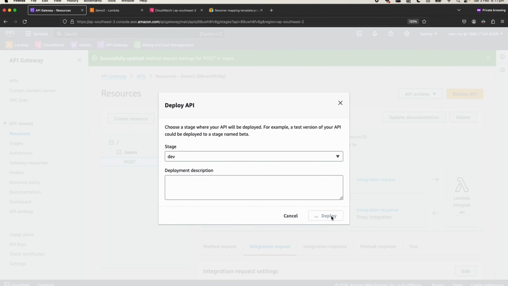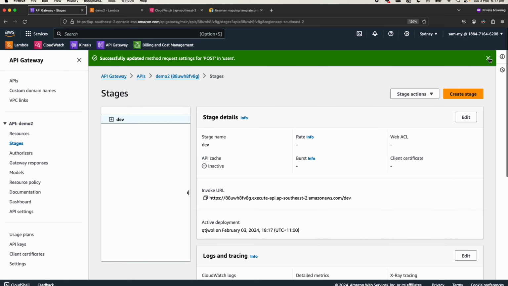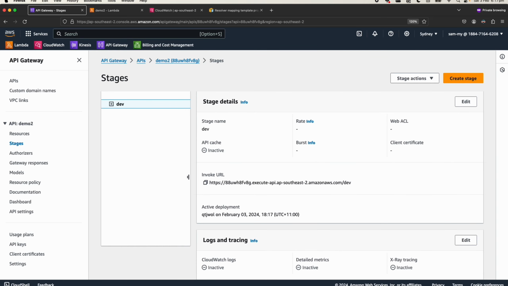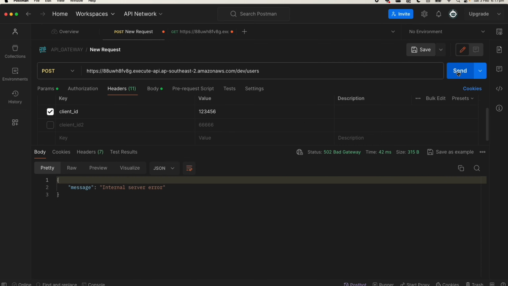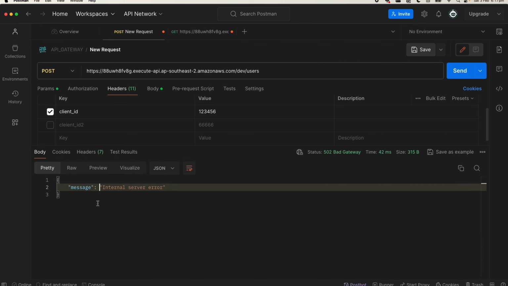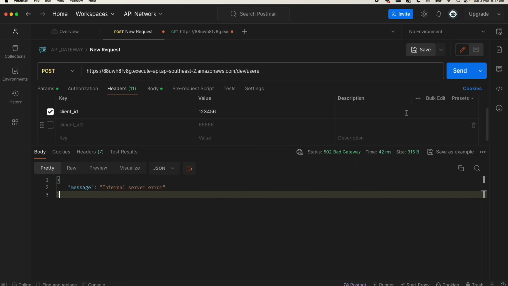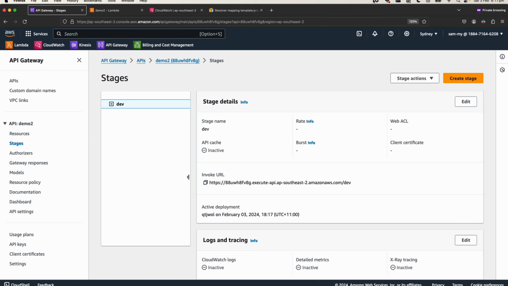In this case, you don't need to do any template mapping or any customization. Go back to Postman and click on send. Right, so you get the internal error. Seems like it's working, but I see something wrong. Let's see what's the issue. If we go back to our Lambda function,